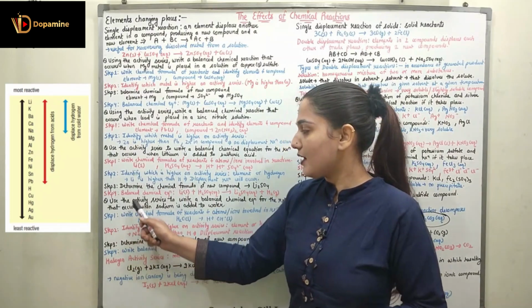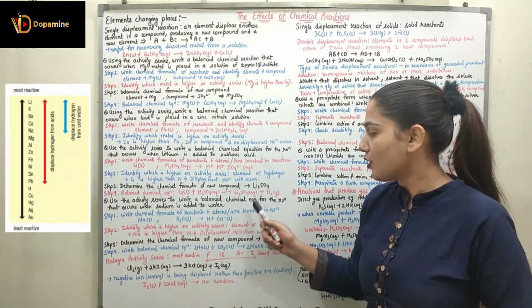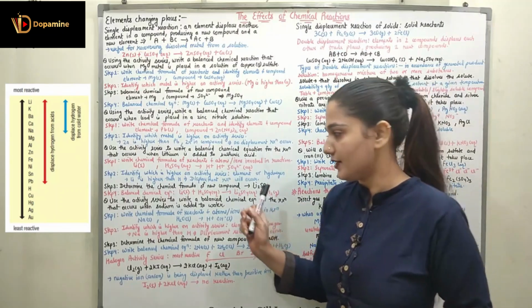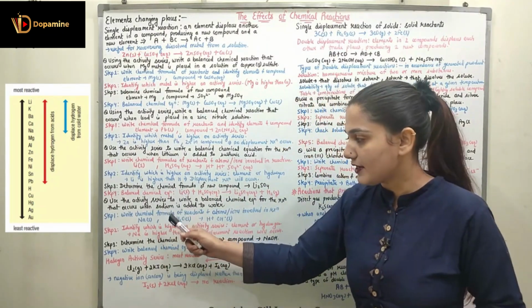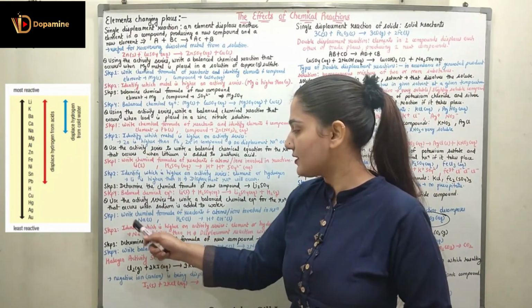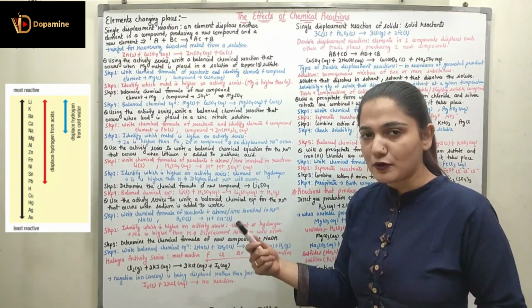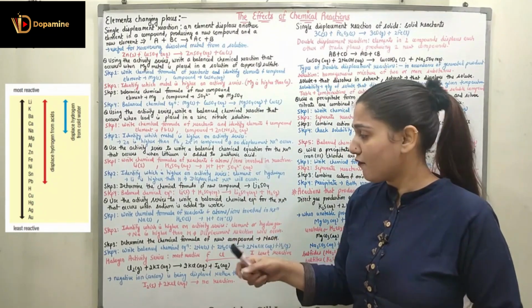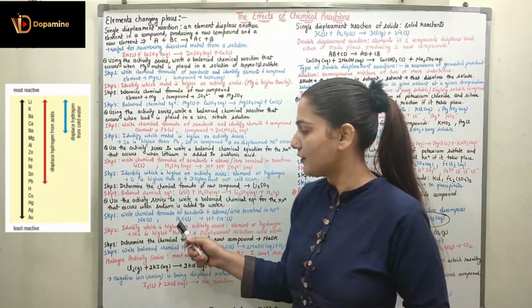In step 1 we are going to write the chemical formula of the reactants and atoms or ions involved in the reaction. So we will be having the reactants. First reactant is sodium, which is sodium in the solid state, and the second reactant over here is water, which is the compound over here. Now water is present in the form of ions. We will be having H+ ion and the OH- ions for the water.